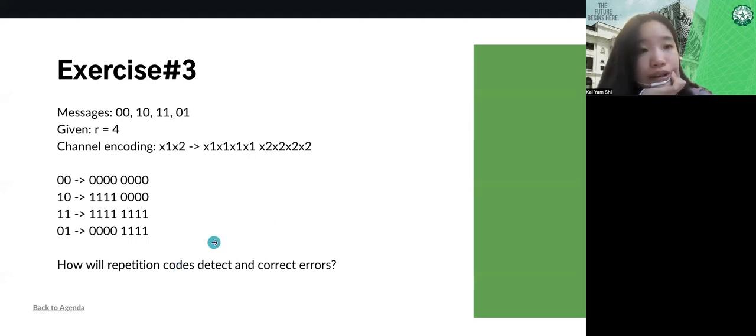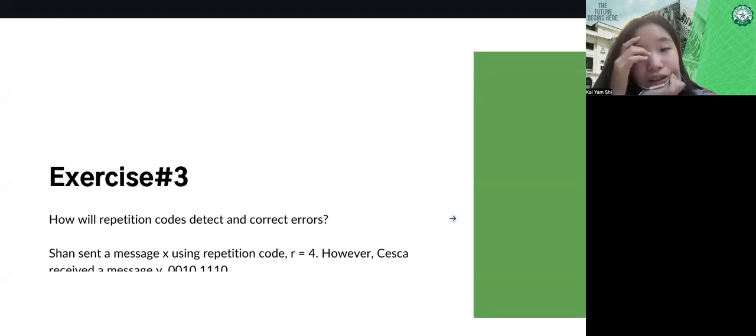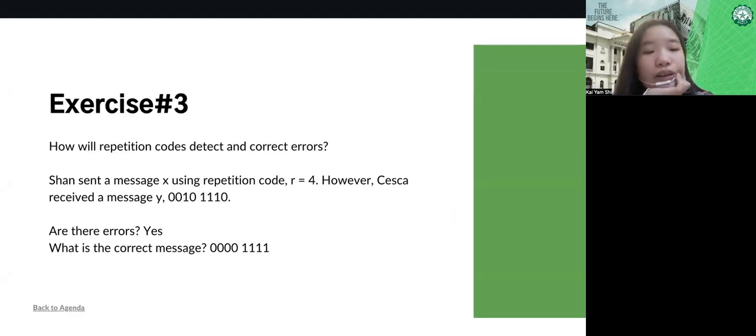So the question now is how will repetition codes detect and correct errors? So we have this illustration. Sean sent a message X using repetition code R equal to 4. However, Saskar received a message Y that is 0, 0, 1, 0, 1, 1, 1, 0. So the question now is, are there any errors? Can you detect any errors? The answer is yes,